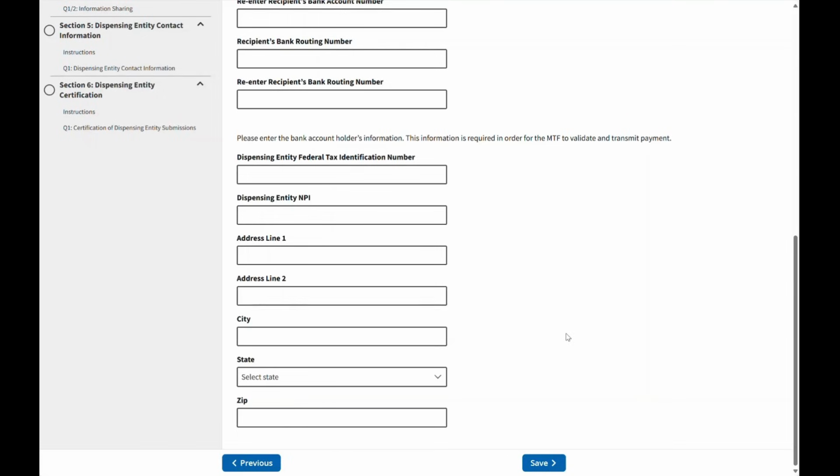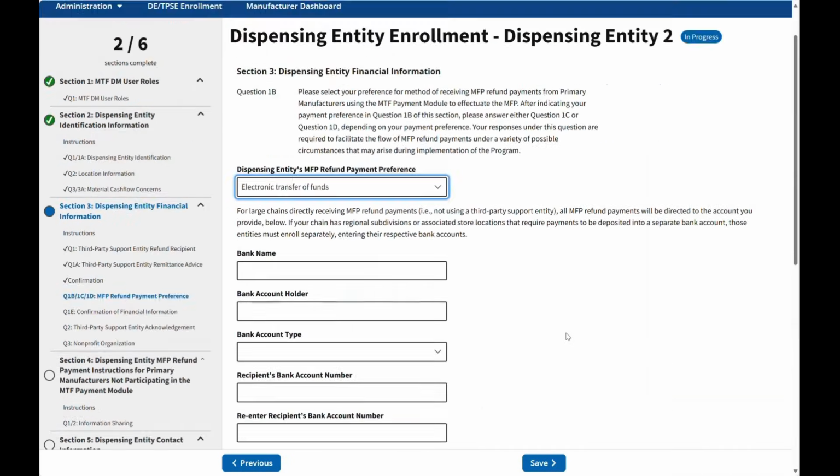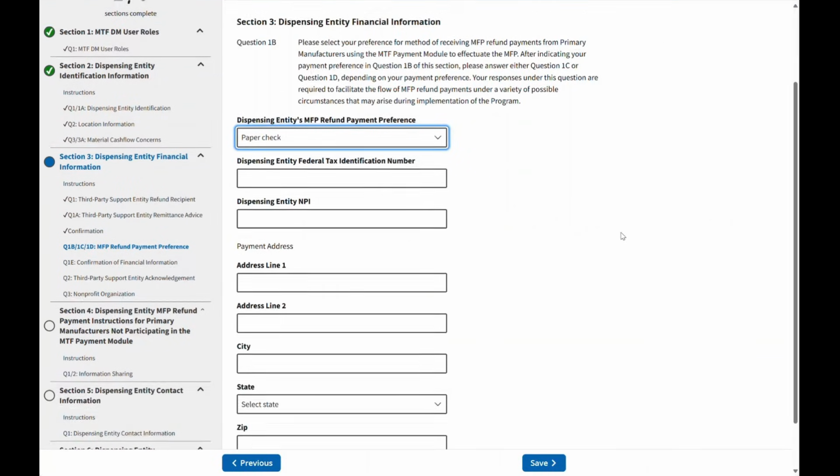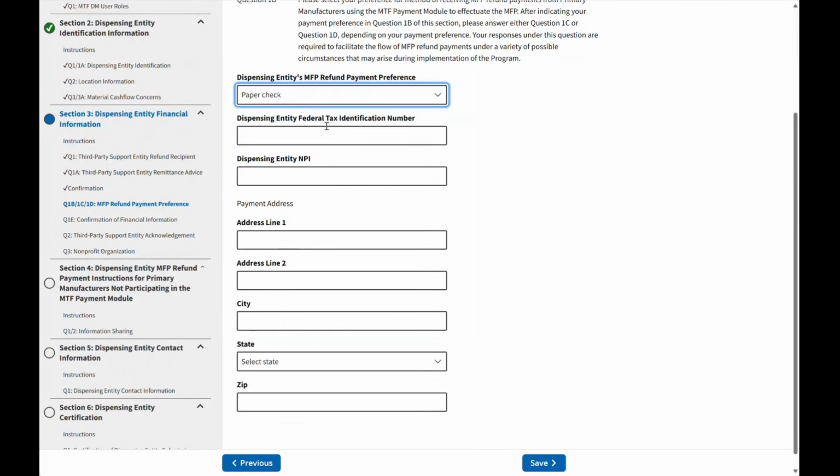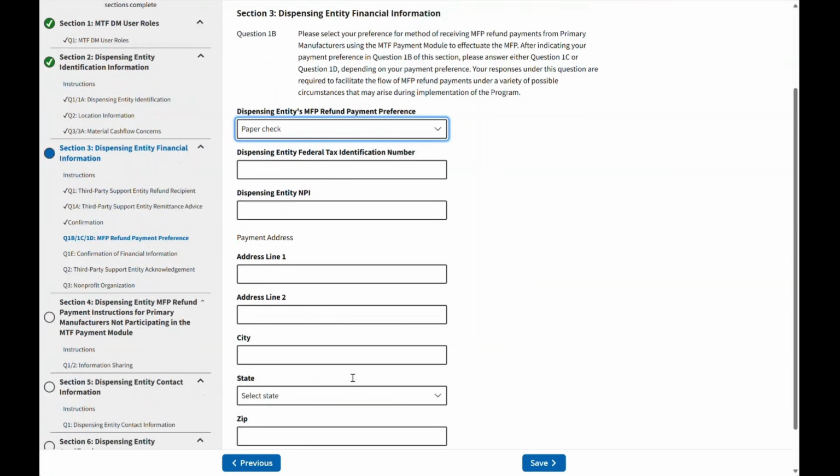You will also need to upload a voided check or a letter from your bank with your account information. If you select paper check, you will need to enter your federal tax identification number, your NPI, and address information.